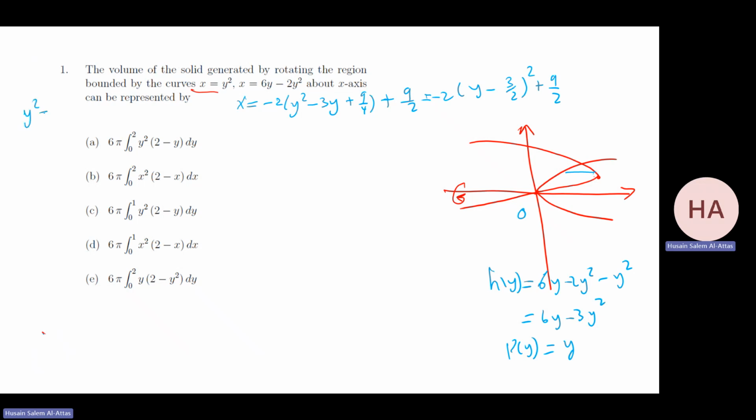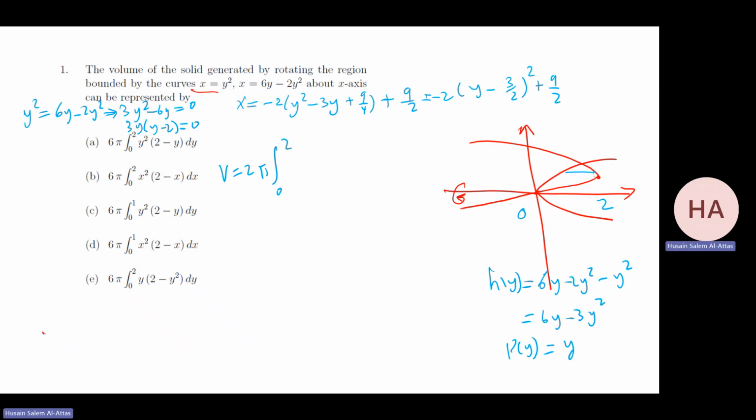I have y squared equals 6y minus 2y squared. So I have 3y squared equals 6y. So I have 3y squared minus 6y equals 0. Take 3y as common factor. I have y minus 2. So I'm talking about 0 and 2. Okay. So the volume will be 2 pi integral from 0 to 2